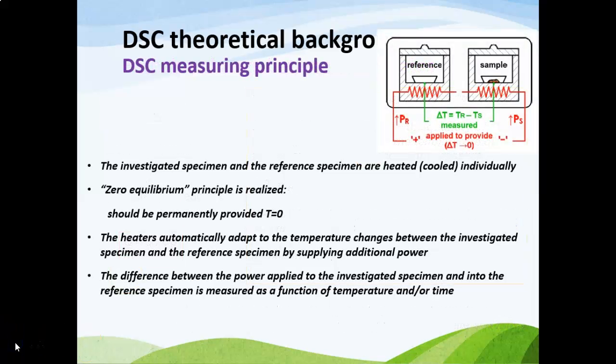Okay, now we proceed with the DSC theoretical background. DSC measuring principle: the investigated specimen and the reference specimen are heated or cooled individually, so the zero equilibrium principle is realized, and the temperature difference should permanently be equal to 0. The heaters automatically adapt to the temperature changes between the investigated specimen and the reference specimen by supplying additional power. The difference between the power applied to the investigated specimen and to the reference specimen is measured as a function of temperature